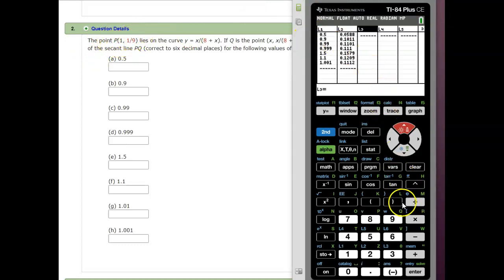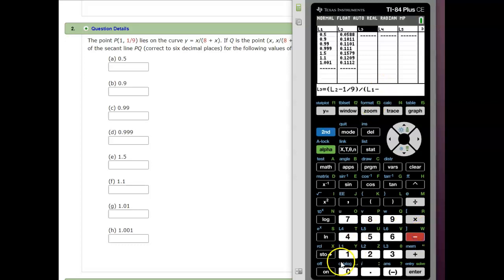So I'll put in parentheses, I'm up at the tippy top, parentheses, second list 2 minus my y value, which they gave me was 1/9, close parentheses, divided by parentheses, list 1, second list 1,